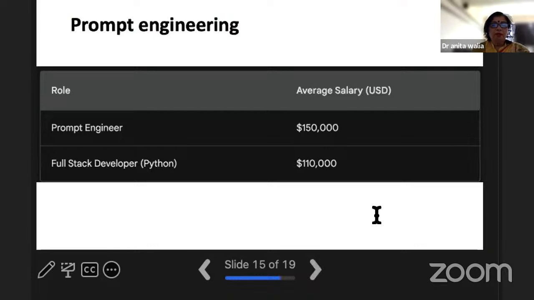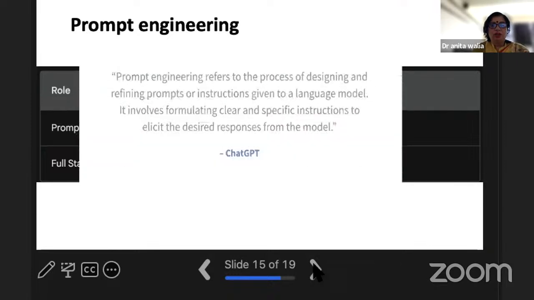Okay. Now, as I was telling you about prompt engineering, a little bit more about prompt engineering, we will talk about it in this particular slide. Engineering the prompt is a crucial aspect of utilizing a language model like GPT. It has grown significantly, to the extent that today individuals are adopting the job title of prompt engineer. Many MNC companies are hiring, especially for marketing jobs. So what does it actually mean? Following the definition which I